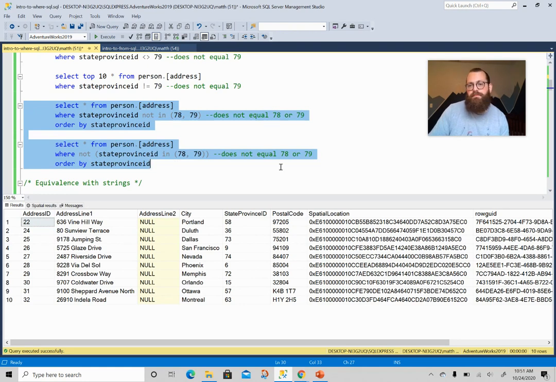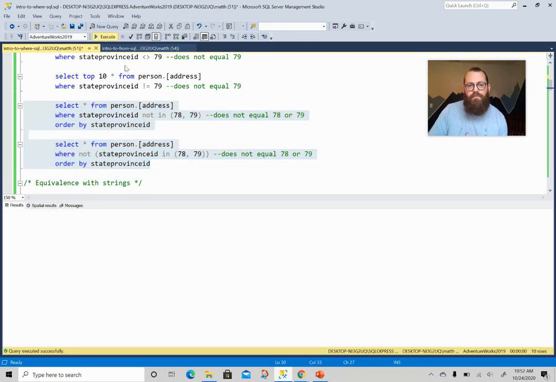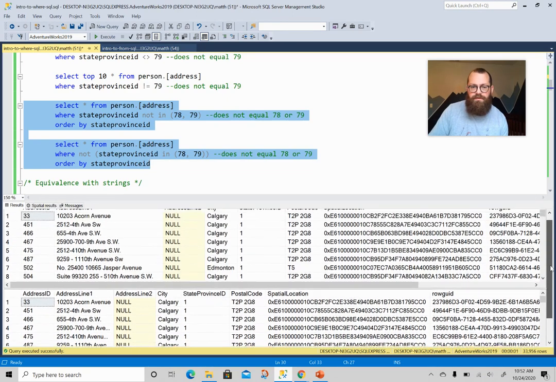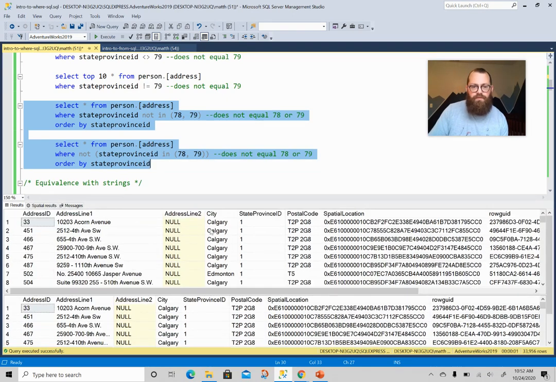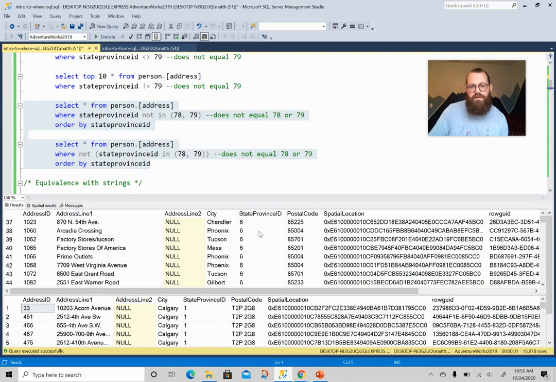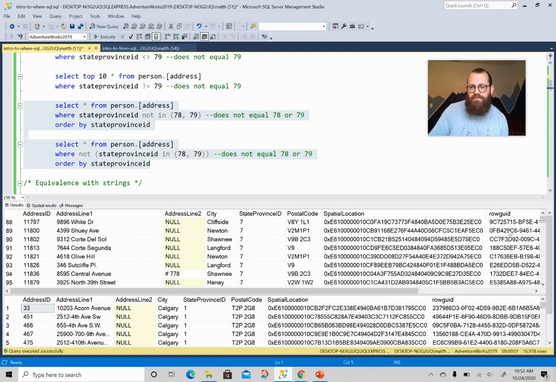And so if I run these, I'm actually going to run them in parallel. And you'll see in the output window that it actually splits it. So we do have the same things in the two output windows. You can see here, and I did order by state province ID, so you can see state province ID of 1 first, 6, 7. And if we go all the way down,